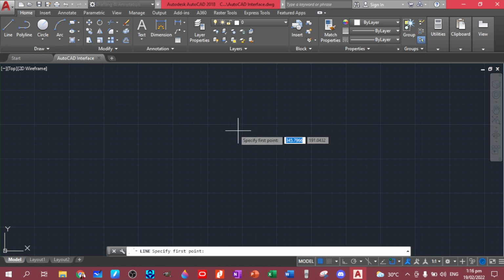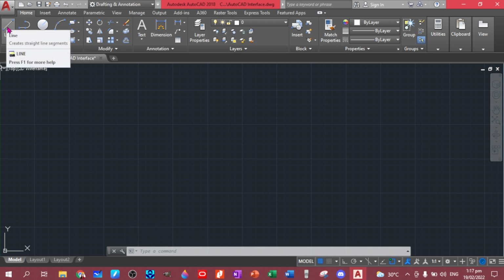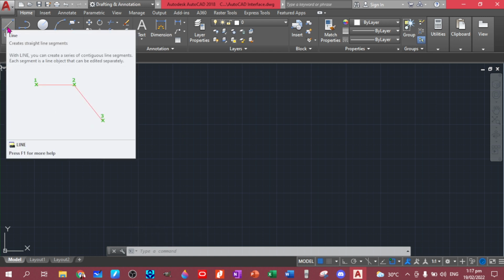So I have here a line. You can actually access line by clicking this icon, left click. And if you try to navigate on each icon, there is actually a pop-up window that will tell you what function this icon does. You can also use F1 to give you a further explanation if you need help on the function of your